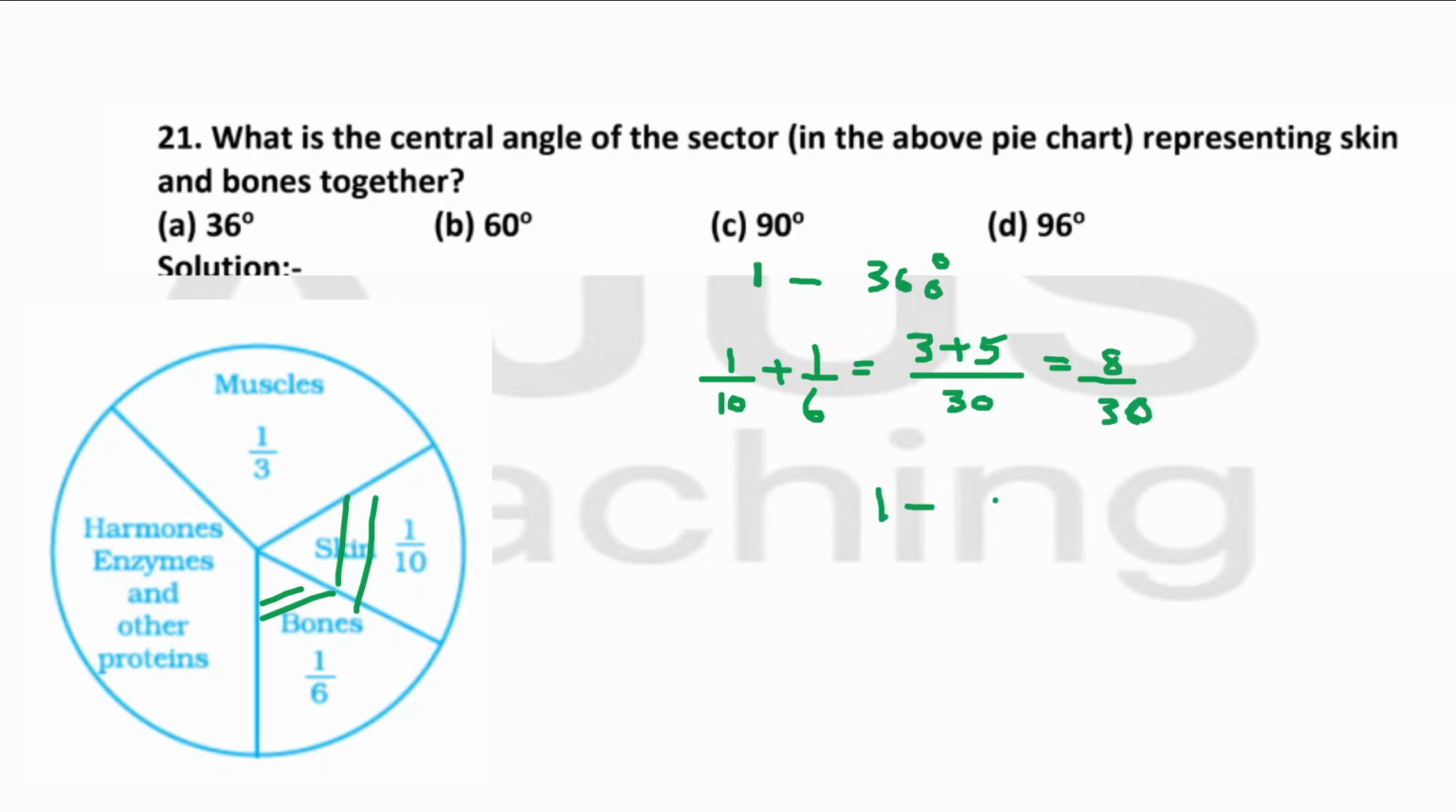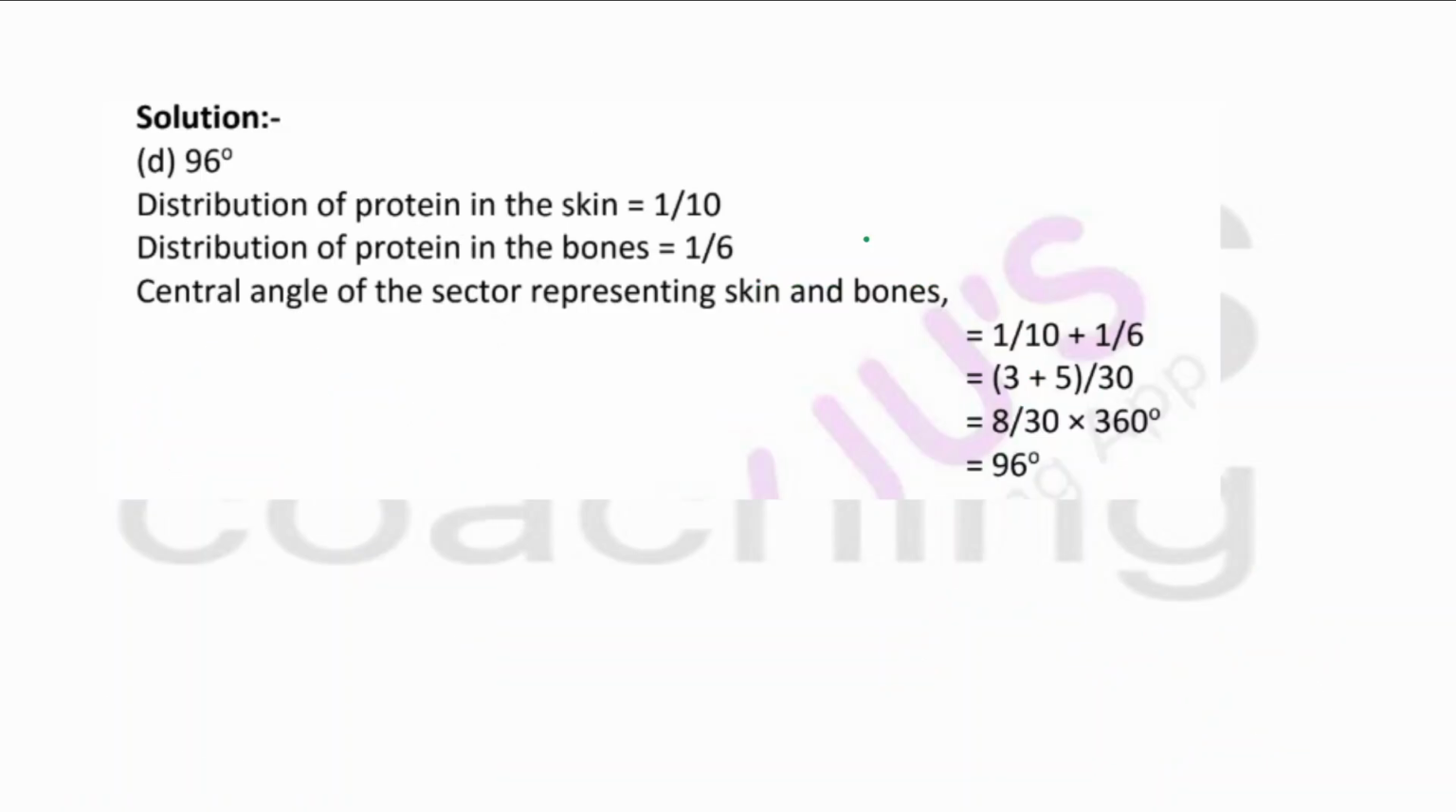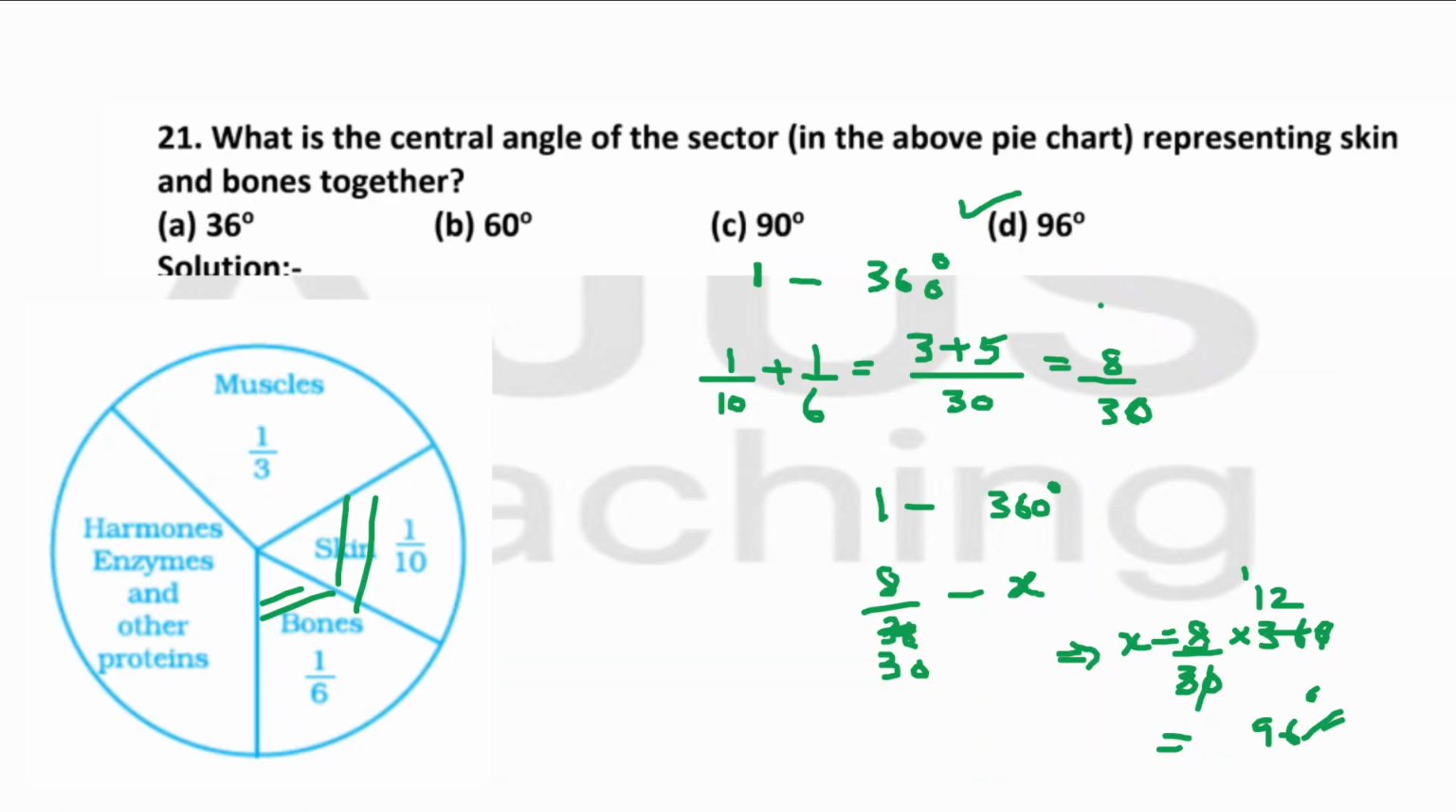So 8 by 30 means, okay, one full part is 360 degrees. 8 by 30 part, we want to know how much is the 8 by 30 part. Let it be x. So if you solve this, x is equal to 8 by 30 into 360. So if you solve this, this will be 96 degrees. So 96 degrees should be your right option. Okay, 96 degrees. Okay, now you please correct your solution, pause,